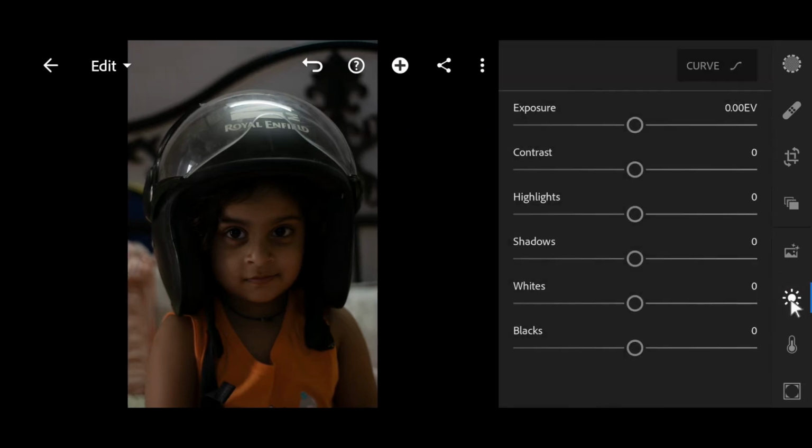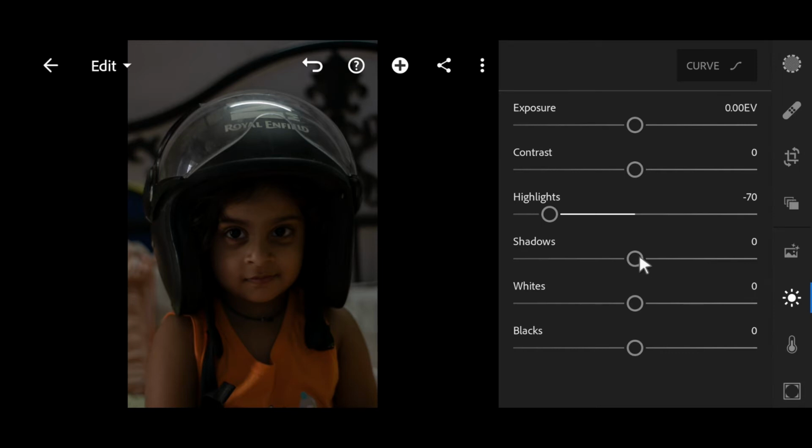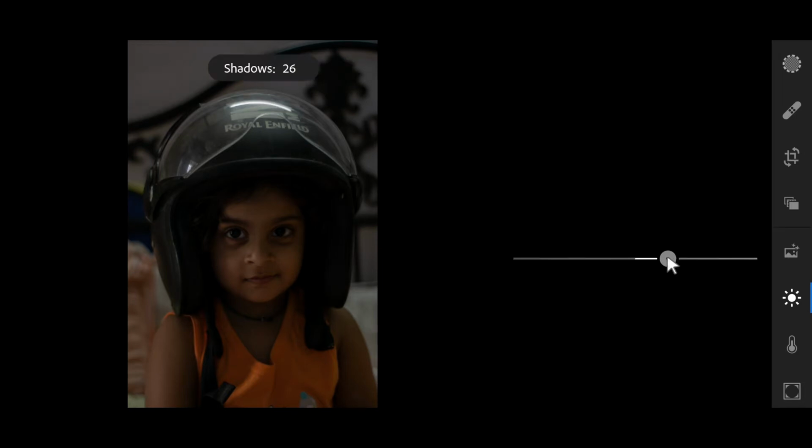So we'll just adjust the light right now. I will not bump up the exposure right now. First we'll just pay more attention towards the shadows and the highlights. I will just bring down the highlights and increase the shadows.